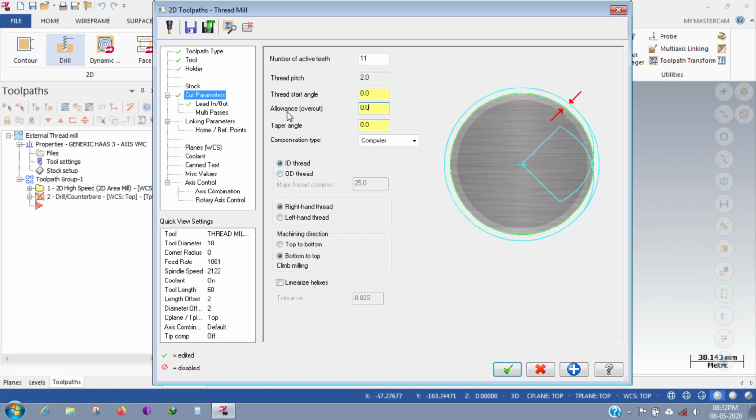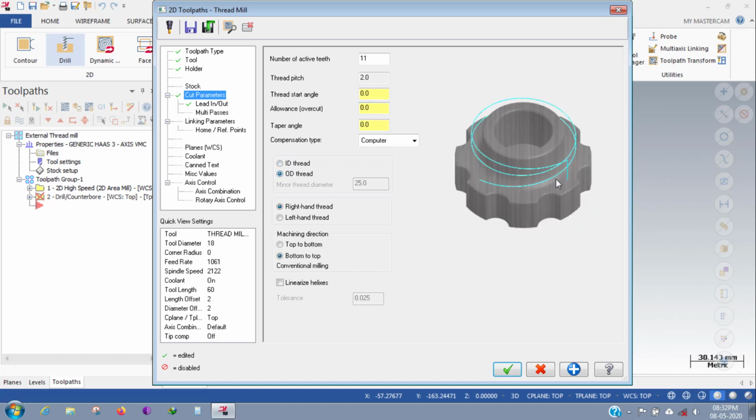I don't want allowance and a taper angle like this. I'm just changing the ID thread to OD thread, and the graphical interference will be changed at this side, and we need the right angle projection as a right angle thread.